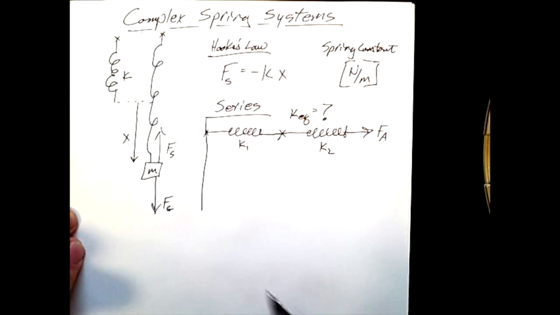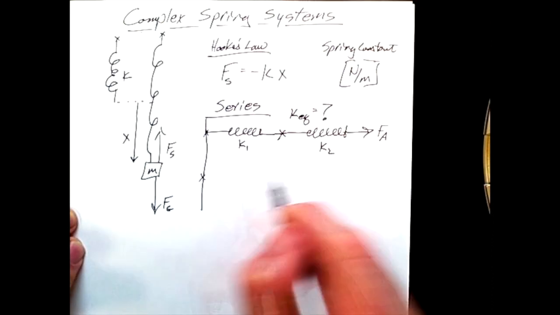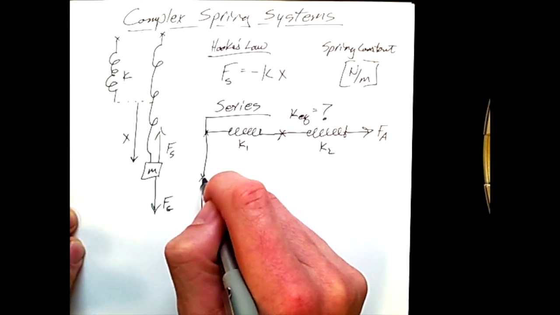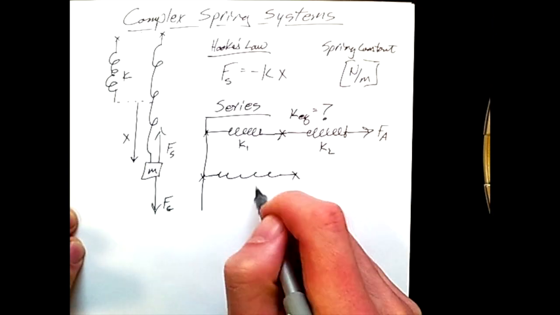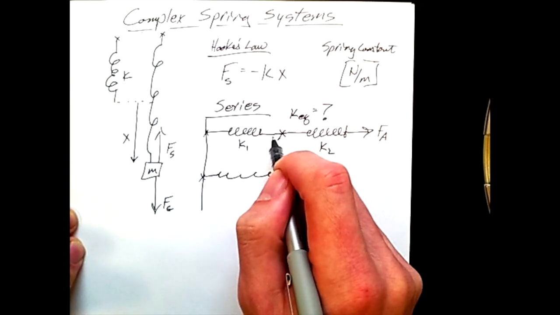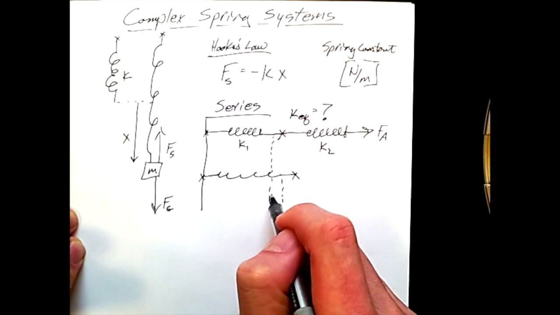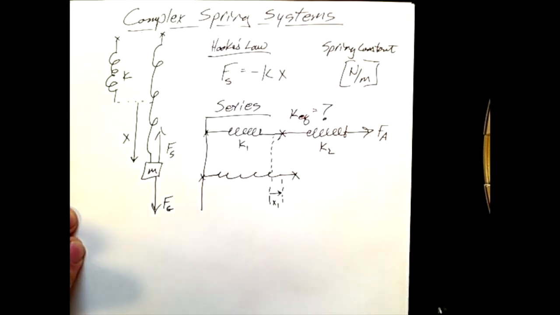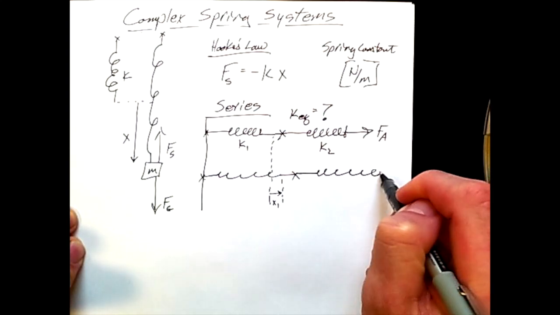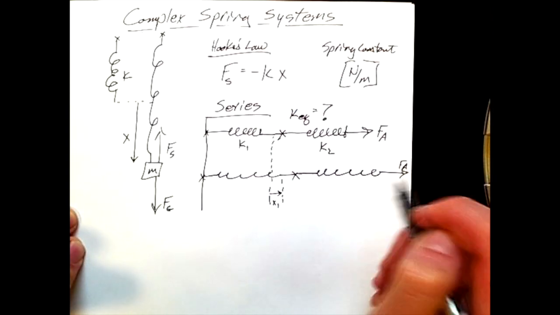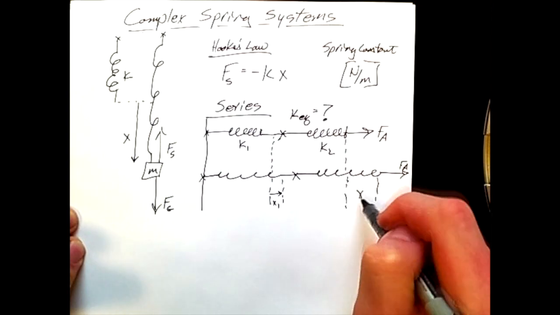In order to answer this question, I need to think about the fact that when I stretch this by applying Fa on the end, this spring is going to stretch out some displacement from its original position. Let's mark that as being here to there. And so we have this small change, x1, for the first spring. But then we also have a secondary change from here to there, x2,